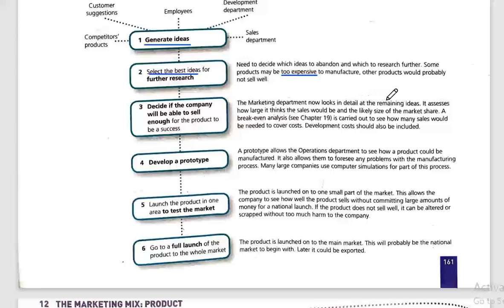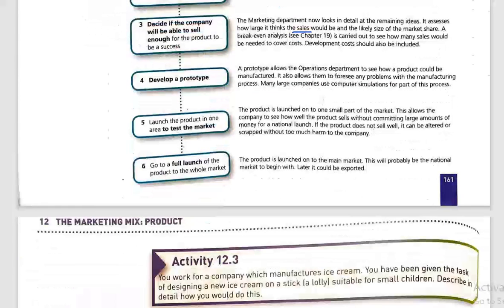The marketing department will look through this idea in specific detail and analyze whether the sales for this product are going to be high relative to the size of the market share. They're going to do a break-even analysis to see if the sales are going to be higher than the cost, in order to cover the cost, and they're going to do a lot of detailed research